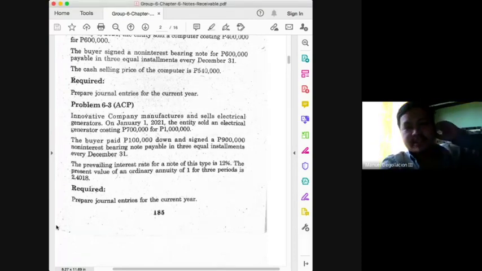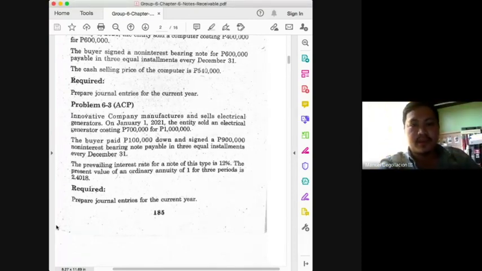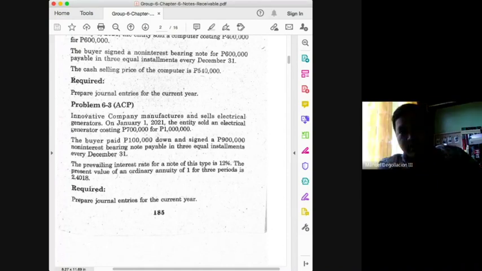Okay, we'll have problem 6-3. Innovative company manufactures and sells electrical generators. On January 1, 2021, the entity sold an electrical generator costing 700,000 for 1 million. The buyer paid 100,000 down payment and signed a 900,000 non-interest bearing note payable in 3 equal installments every December 31. The prevailing interest rate for a note of this type is 12%. The present value of an ordinary annuity of 1 for 3 periods is